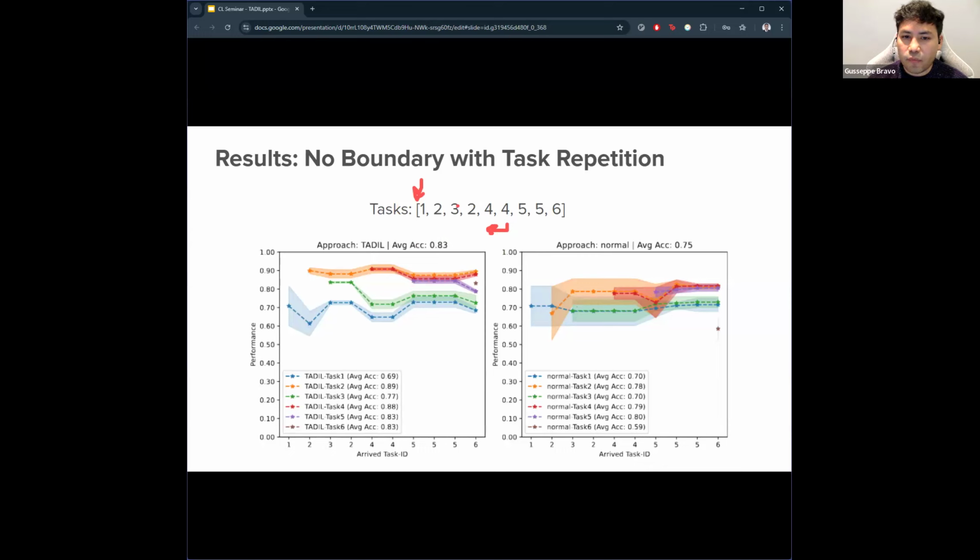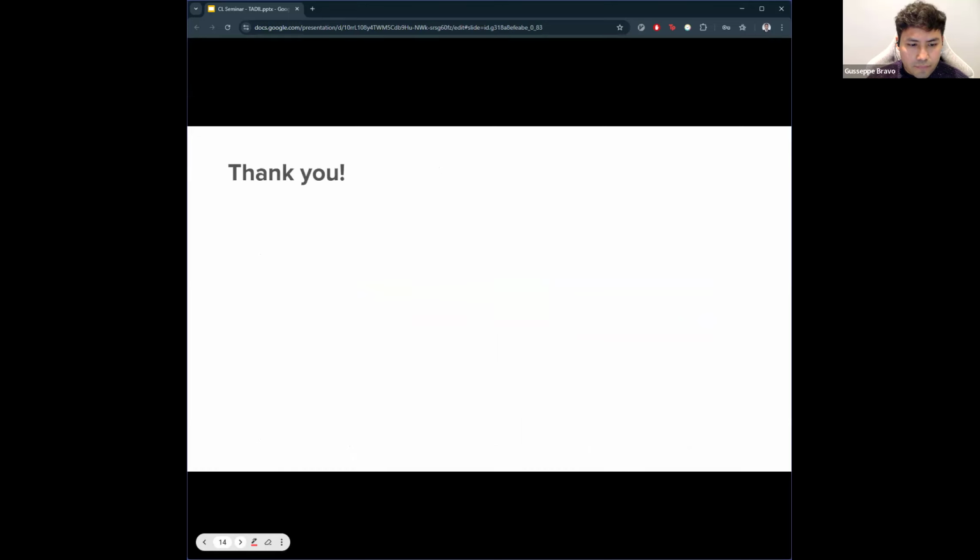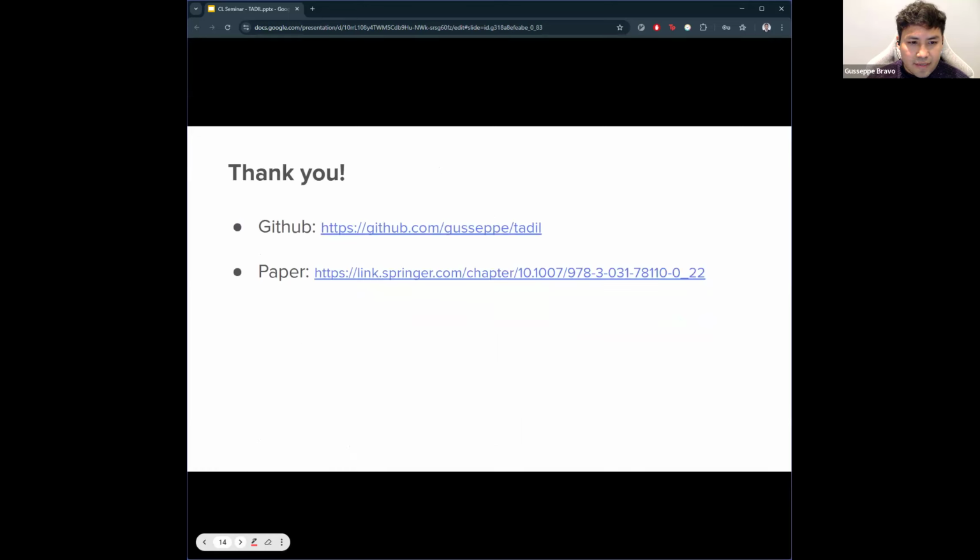Maybe sometimes because we are repeating. For instance, this is at daytime, this is at night. And if we get this one that can be at daytime, we can learn some patterns belonging to this that have been learned in the first case. So in that case it also works. So if you want to check the repo for all these experiments, just go ahead to the repo, and also the paper.